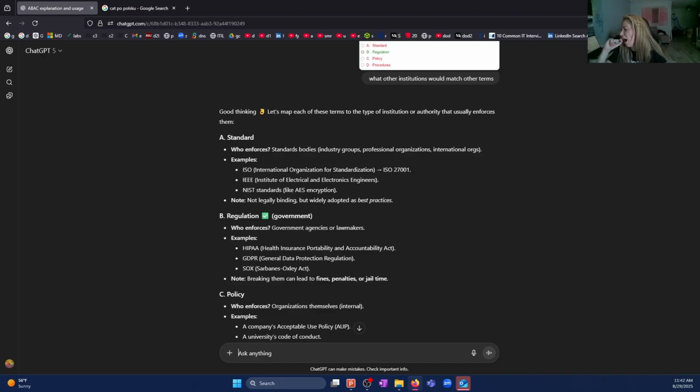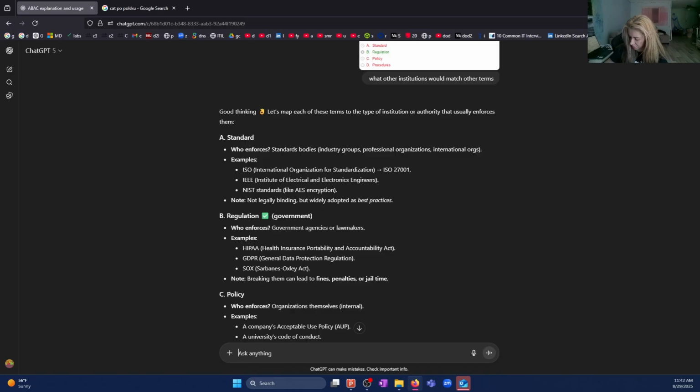Regulation, government. Examples: HIPAA, GDPR, SOX, Sarbanes-Oxley Act. Oh, regulations.